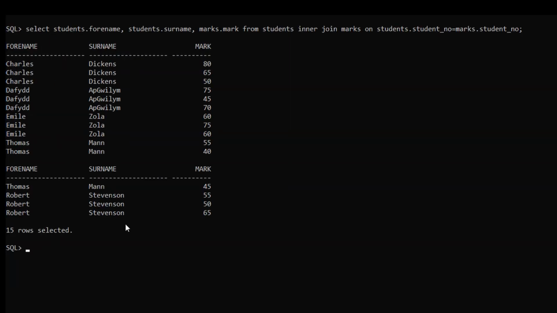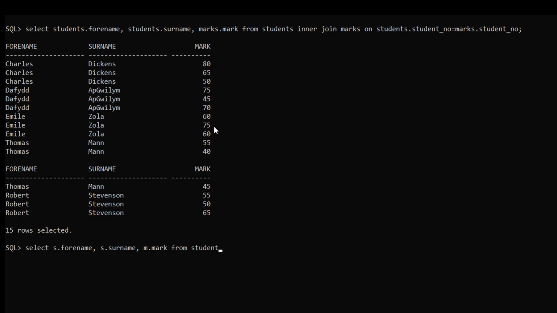For this, just type select. Here in this example we will give the table alias, so for students we will use the letter S, so S dot same column names which are forename, comma, again S dot surname, comma, and for marks we will use M here, so M dot mark from students, and after students we will give the table alias which is S, inner join marks table, and the alias is M,